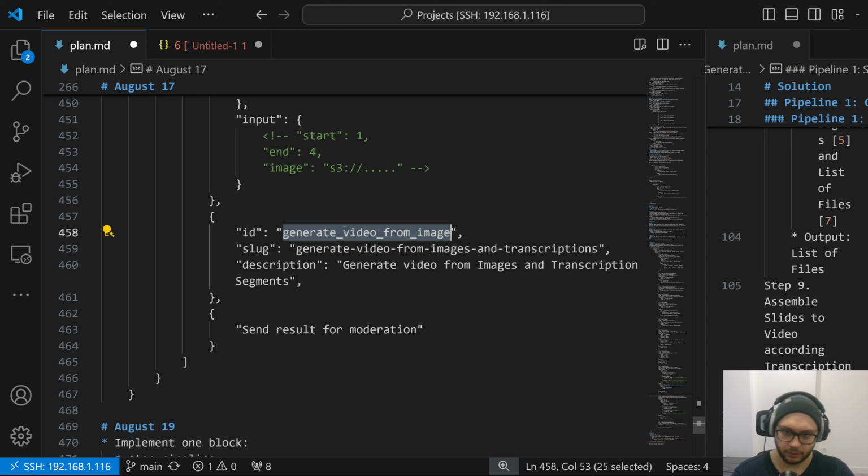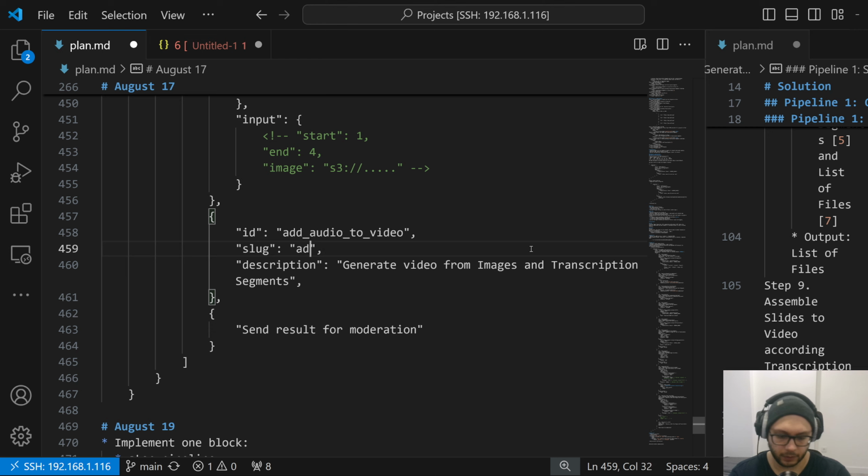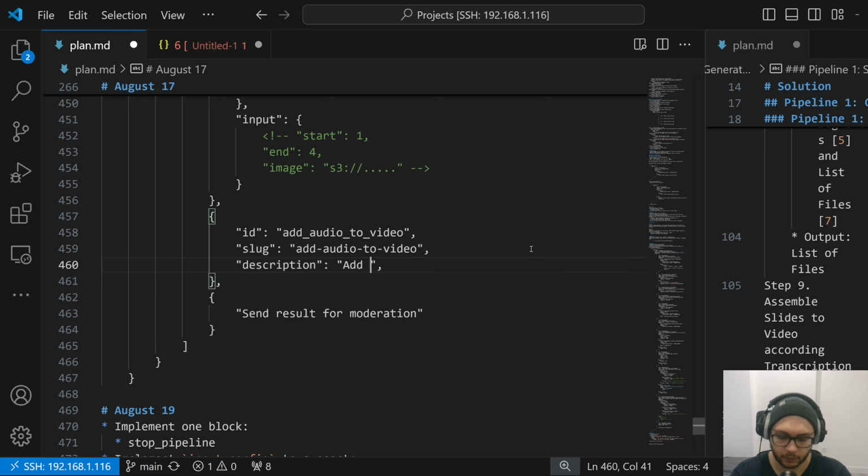And here, the idea: it won't be generate video from image, it will be add sound to video, or maybe it shouldn't be called sound but audio track. Add audio to video. Yeah, that will be better. And now the slug is add audio to video. Description: add generated to video,